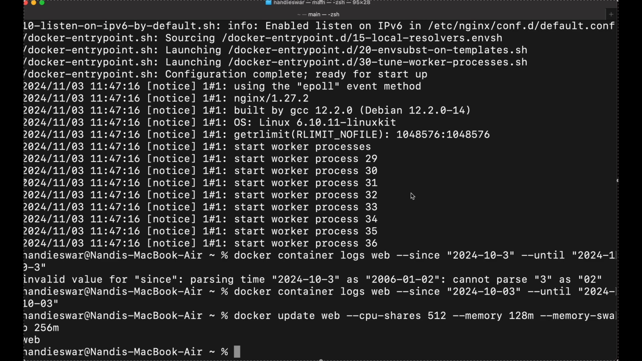If the container is running and you notice some memory issues, you can update the allocated resources using the update command. This is the update command. It modifies the resource limits of an already running container, like updating CPU shares to 512 and memory to